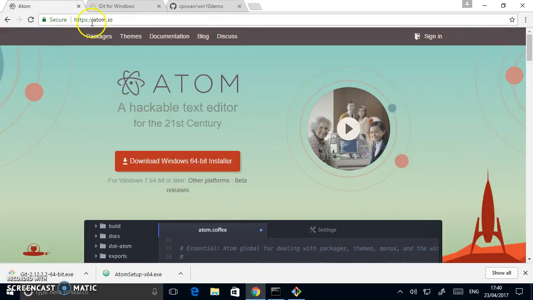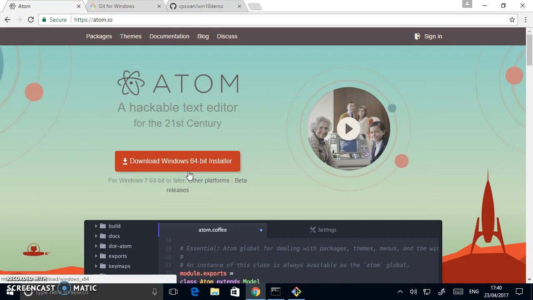So I downloaded Atom already from atom.io from this download Windows 64-bit installer, and here it is. So let's just click on that, and that's going to take a moment or so, and it'll fire up the Atom installer. Not much to configure on that, so we just get a few minutes of us watching a spaceship being loaded with different boxes and pieces of luggage for its journey. And I'll pause the video once that comes up, and I'll start again once that's completed loading up the spaceship and Atom's ready to go. So that takes about 2 minutes,